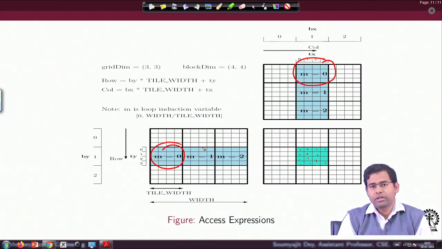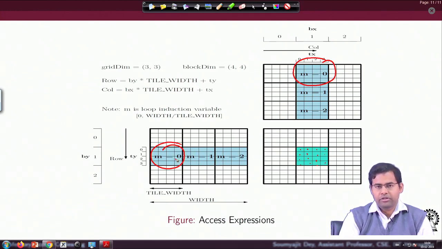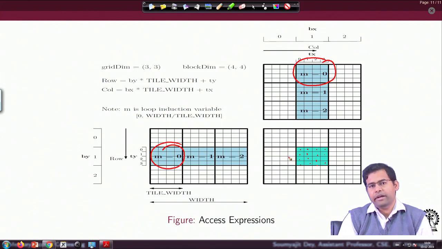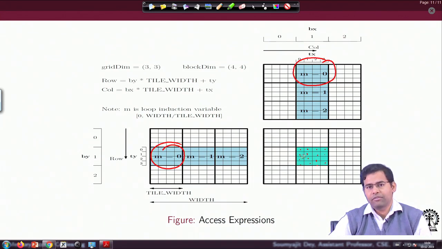But what was the good thing here? The threads were actually using data brought in by other threads in parallel, right. So all the threads in this tile have brought in data and stored it in the shared memory, and now while doing the multiply operations, they are accessing data from the shared memory, and they are not only accessing data that they have brought in, they are also accessing data that other threads have collaboratively brought in.